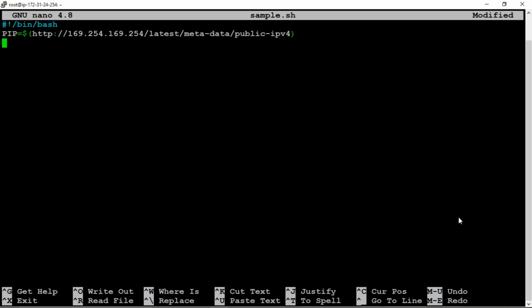And after that I want to print that public IPv4 address. Now how to print that IPv4 address? Echo space.